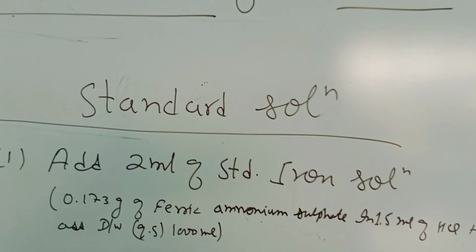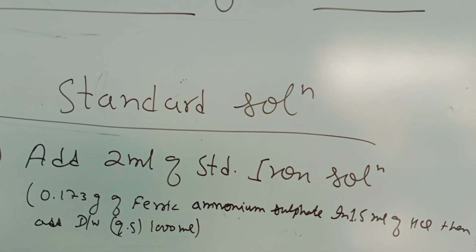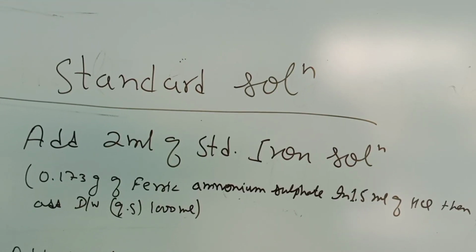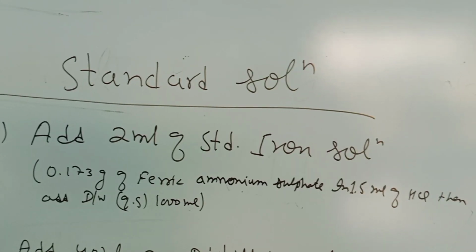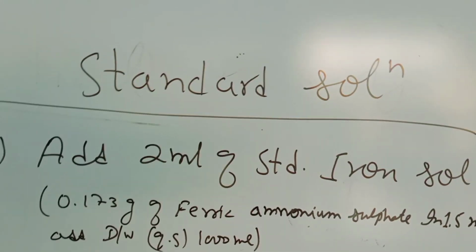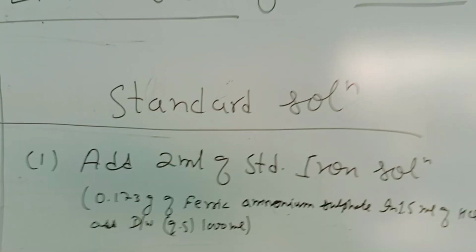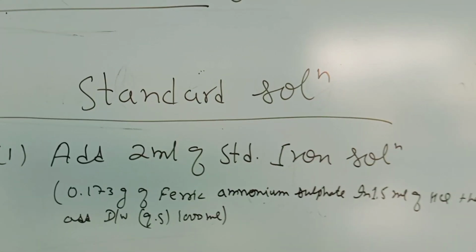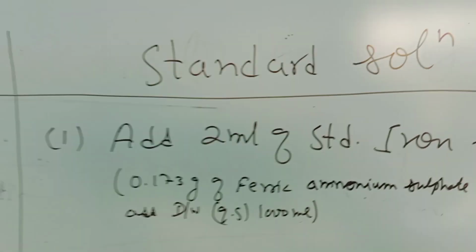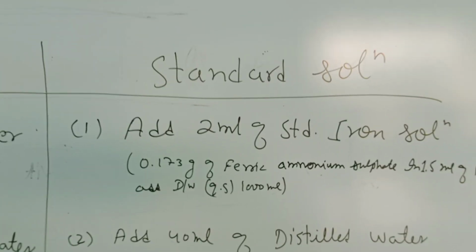The standard solution means that this particular solution has a color produced by a definite quantity of iron which is within a limit. The quantity present in the standard solution is the permissible limit of impurity. That permissible limit of impurity is responsible for the production of a particular pinkish color, which is then compared with the test solution in order to determine whether the test solution passes the limit test of iron, or the sample fails.